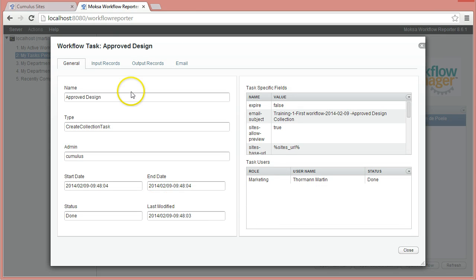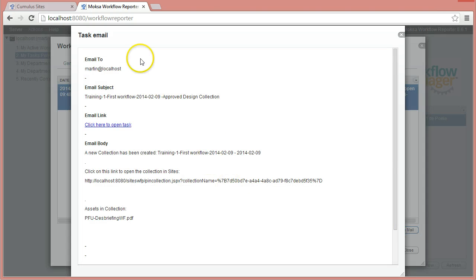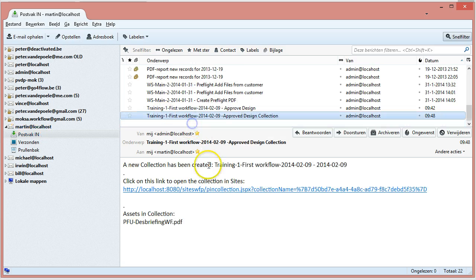Well, it created a collection basket. So if we have a look, you will see that Martin should have received an email telling him that he received a pin basket with some files or records. So if I have a look in the mail again of Martin and I check his mail, I can now see that he received a new mail. If I look at that mail, it's the mail we just saw in the workflow reporter, and he